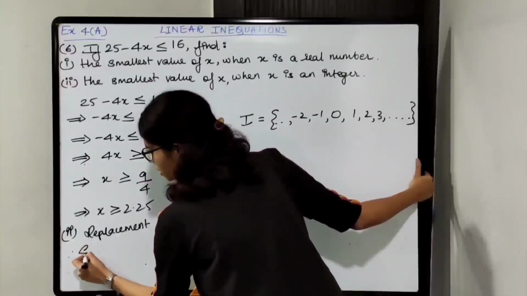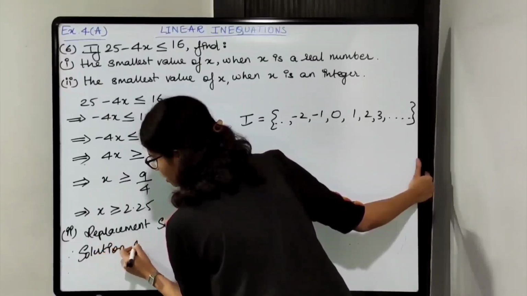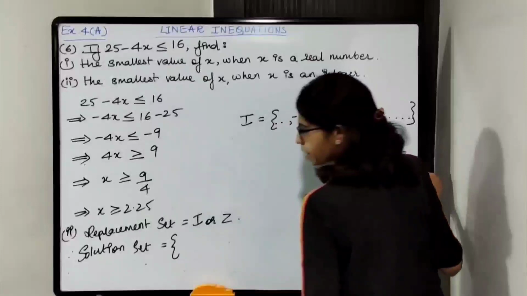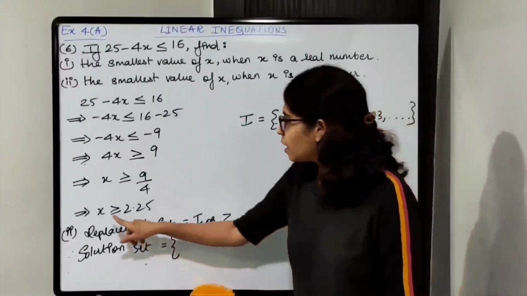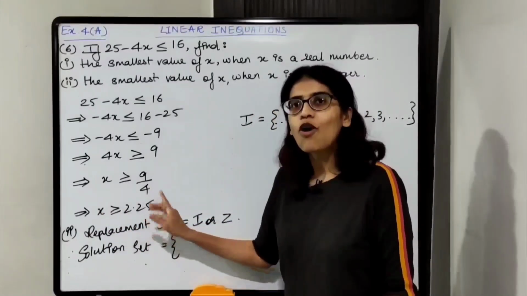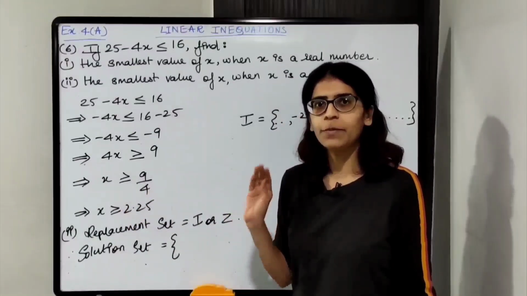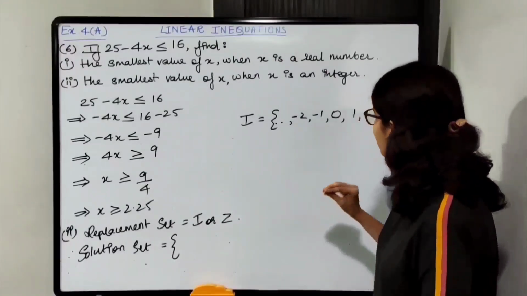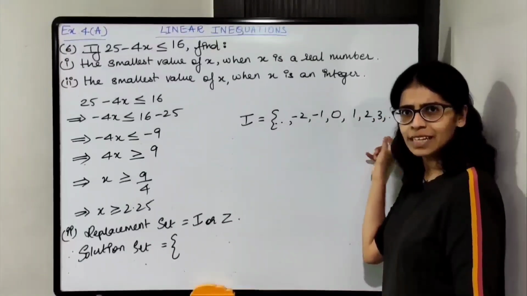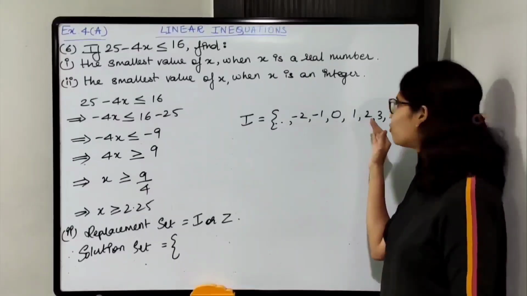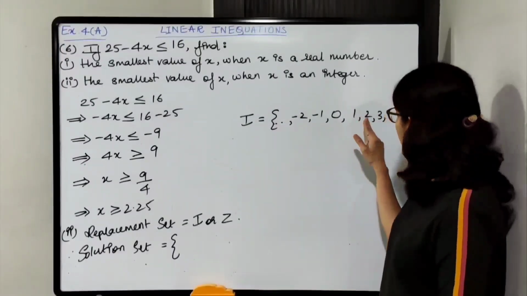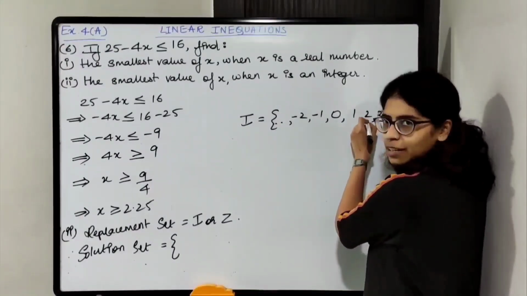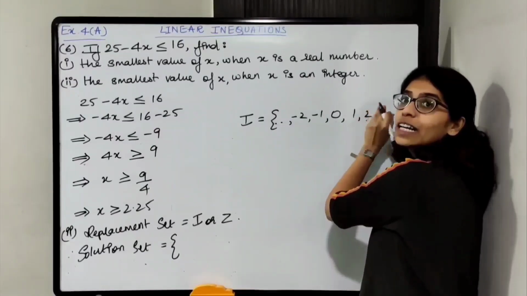So what will be the solution set? Pehle hum log solution set dekhte hain, then we will see what will be the smallest value. Solution set for x kya hoga? X can be equal to 2.25 or greater than that. Minimum value will be 2.25. But is 2.25 present in this set? No, 2.25 is not included over here. 2 ke baad aata hai 2.25, so 2 toh nahi aayega.